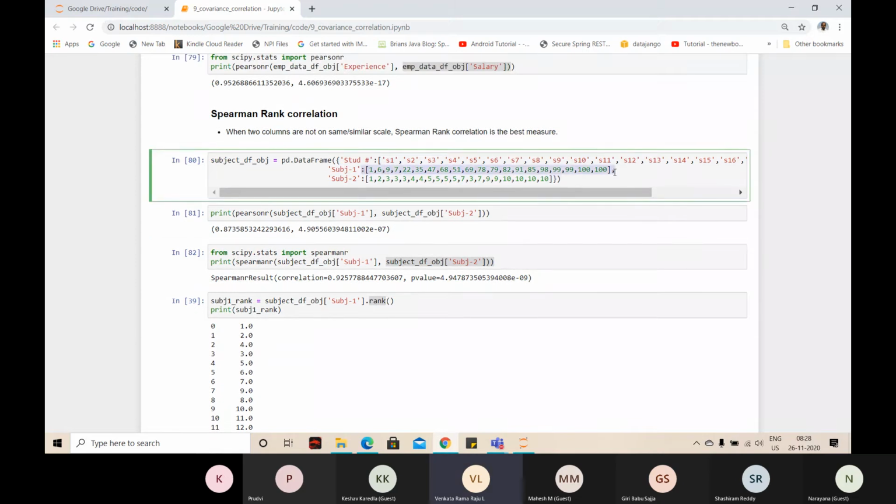When the scale is different or the variance is different between two columns, with too much difference in variance. Why am I saying variance here? Can anybody tell me? On subject 1 and subject 2, I said the scale is different and the variance is different. On the first column, will the variance be high compared to the second one? Yes, it will be. So in real time also you will see columns which vary in nature. One column will be between 1 and 1 million, and the other between 1 and 10. It is going to be too much variance. Then you need to do Spearman correlation.